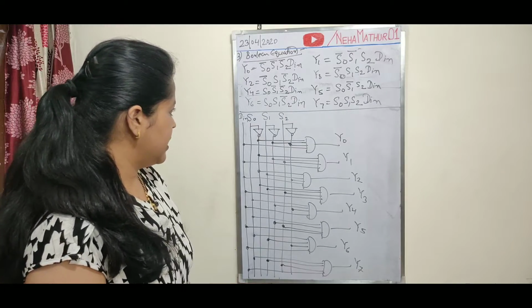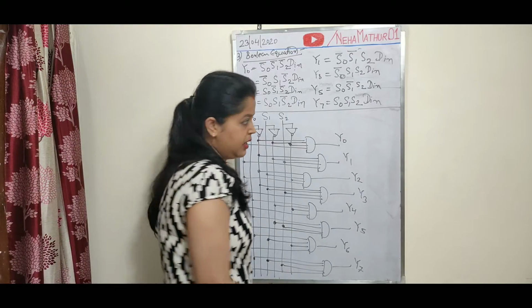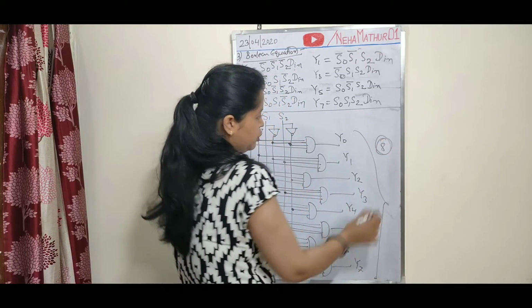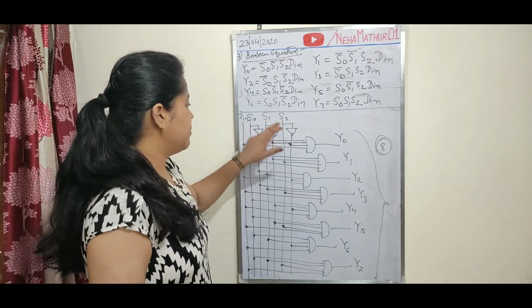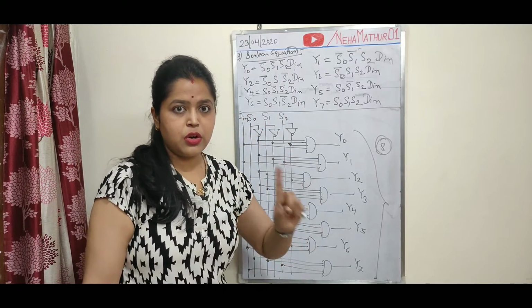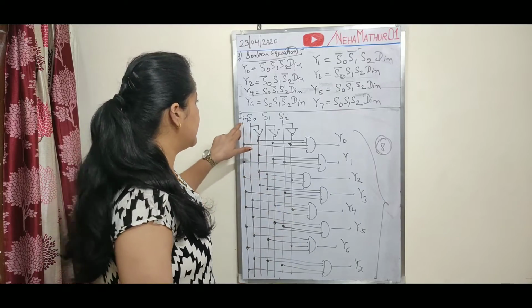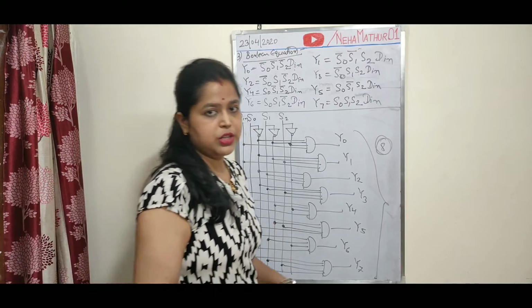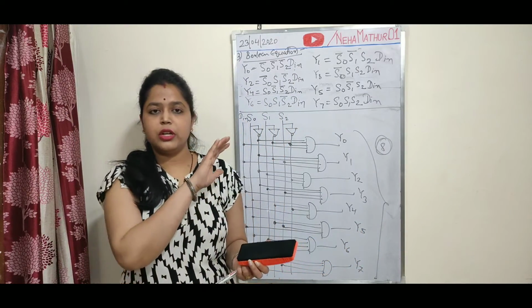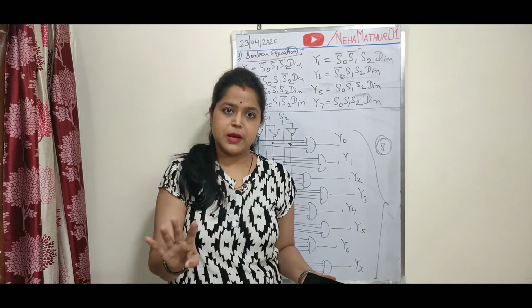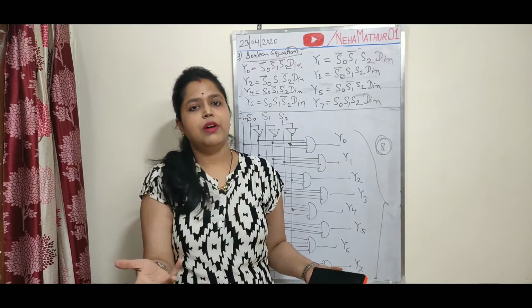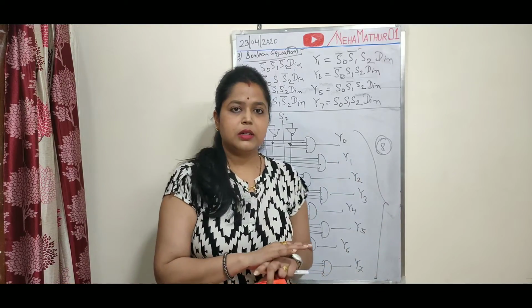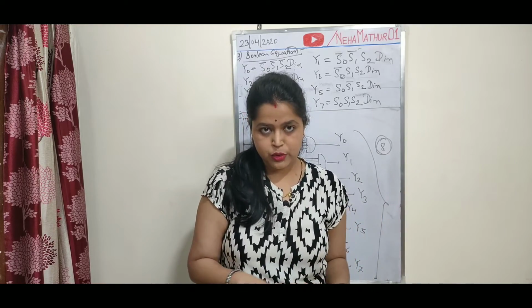So this is the logic diagram for the 1:8 demultiplexer, in which you have y0 to y7, a total of 8 outputs, and with the help of these three select inputs S0, S1 and S2 it is distributing the single input among these 8 outputs. So this is the block diagram for the 1:8 demultiplexer. Now by following the same concept with the help of these 4 steps, you can make your own 1:16, 1:32 and so on. So the concept of demultiplexer is completed over here.